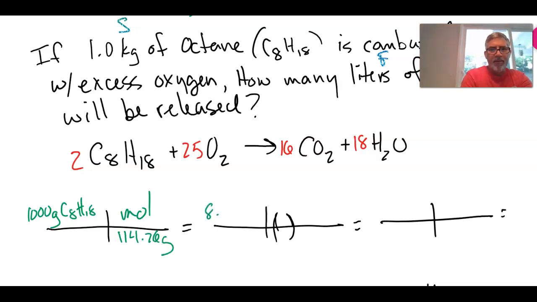And I do that, and I get 8.8 mole. I'm trying to find how many liters of CO2, so CO2 would be here. I need to get rid of my octane. And I go look at my coefficients. My coefficient for CO2 is 16, and for octane was 2, so it's a factor of 8. So if I multiply this by 8, I get